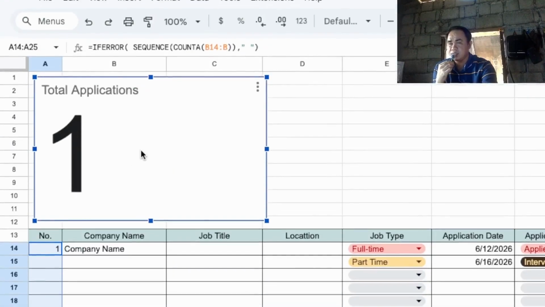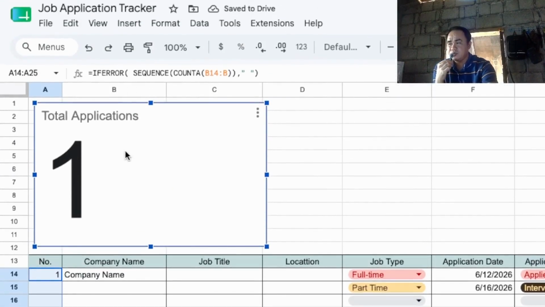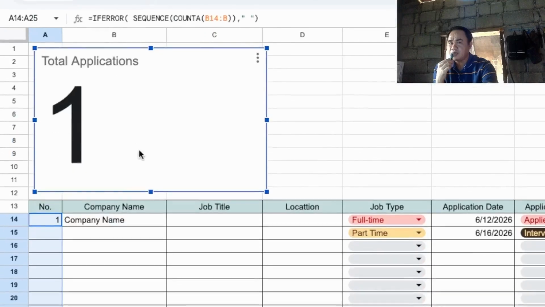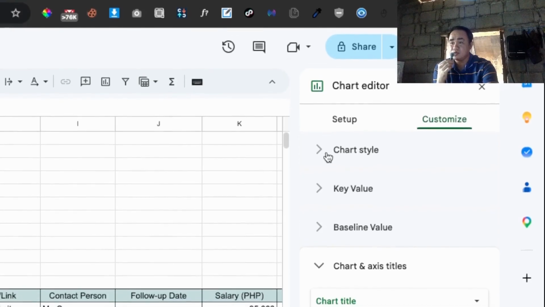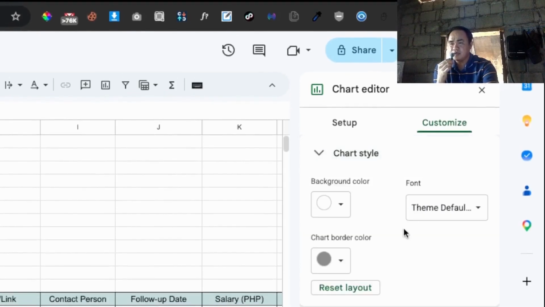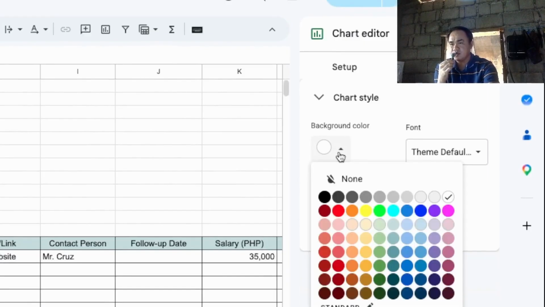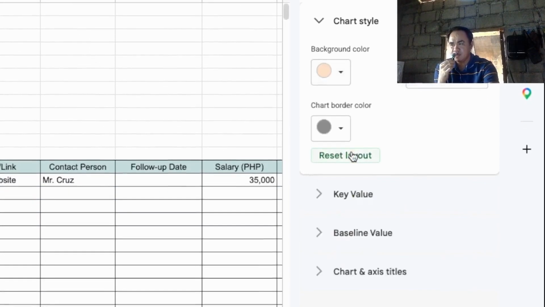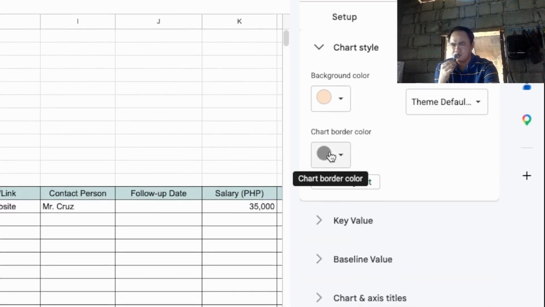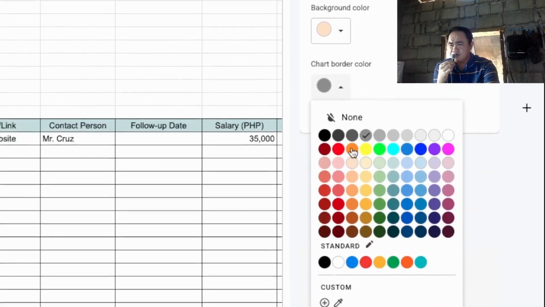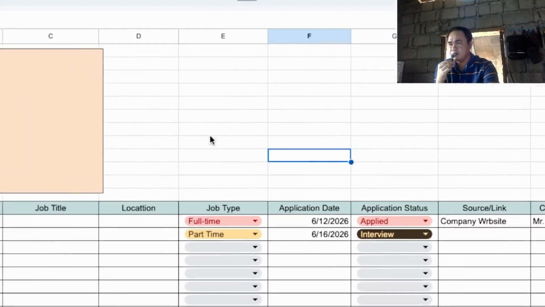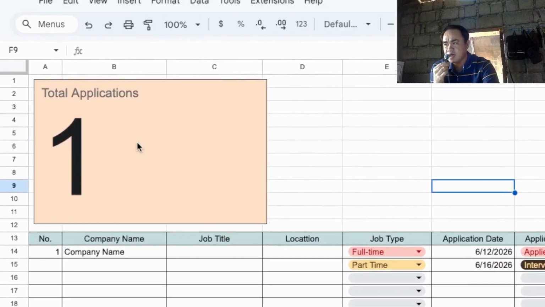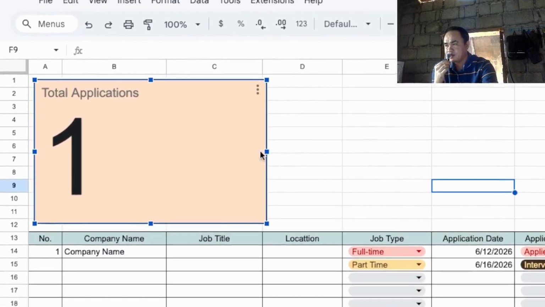Okay, as you can see guys, it appears here. So we are going to format our background and also the border. Okay, so to do that, you can go to chart style and then change the background color. Let's say for example pink, or I don't know the color. And then the border is for example black. Okay, so as you can see, there's the format here.